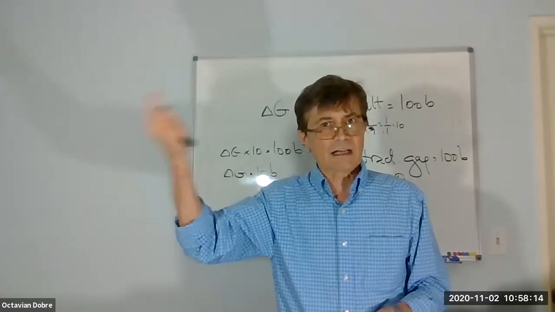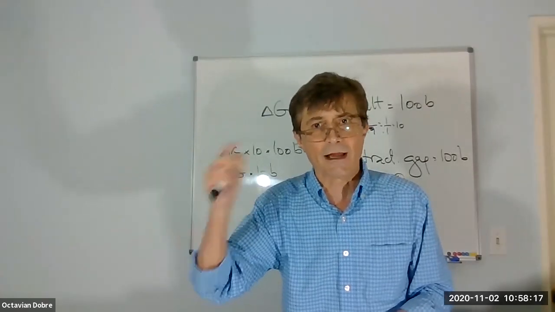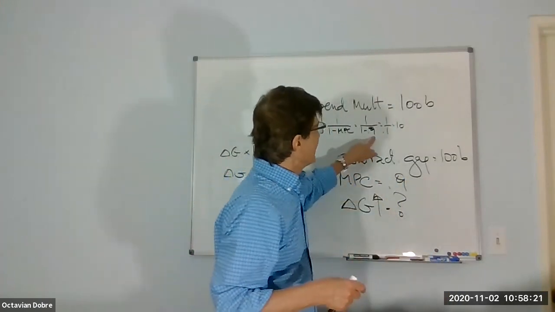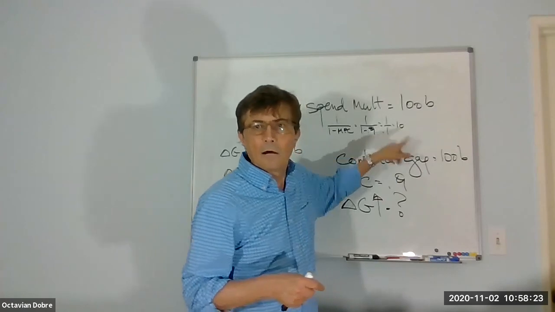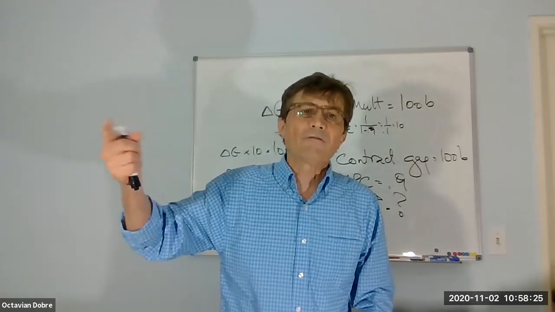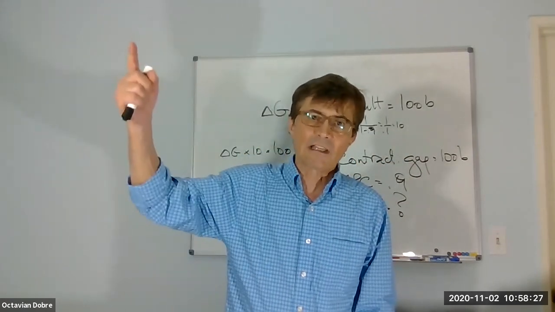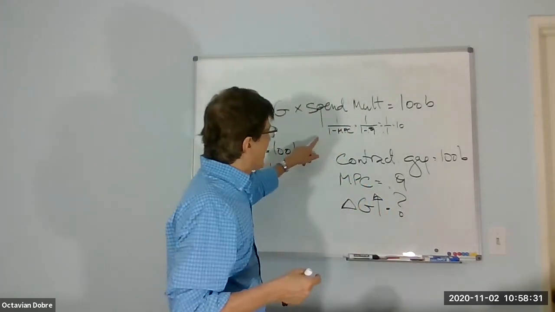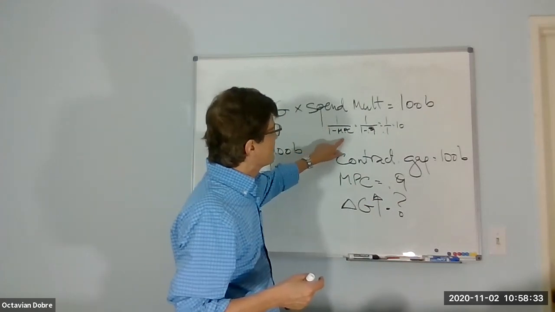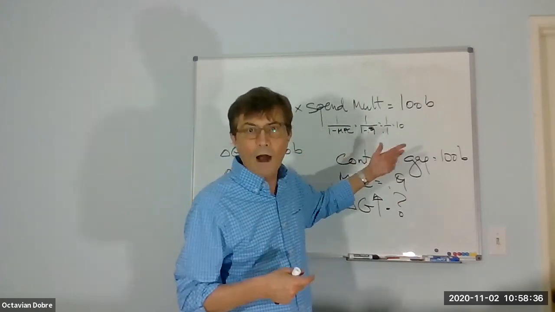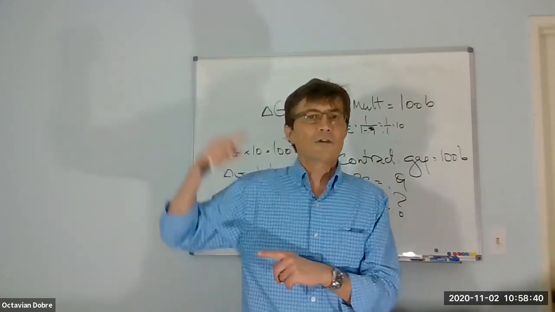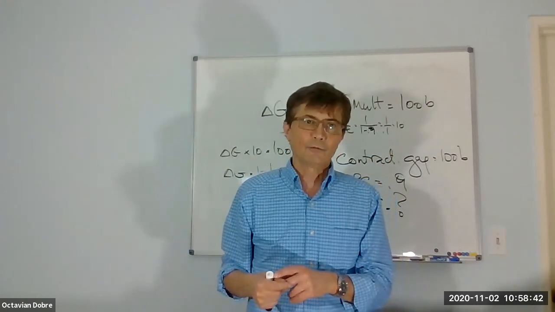Because you can just give yourself an example. You don't have to do it in your head. Just give yourself an example. Say, well, if it's 0.9, it's 10. Let's make it smaller. What if it's 0.5? It goes down from 0.9 to 0.5. Well, let's see what the multiplier would be. 1 divided by 1 minus 0.5 is equal to 1 divided by 0.5, which is equal to 2. Oh, so it went from 10 to 2.